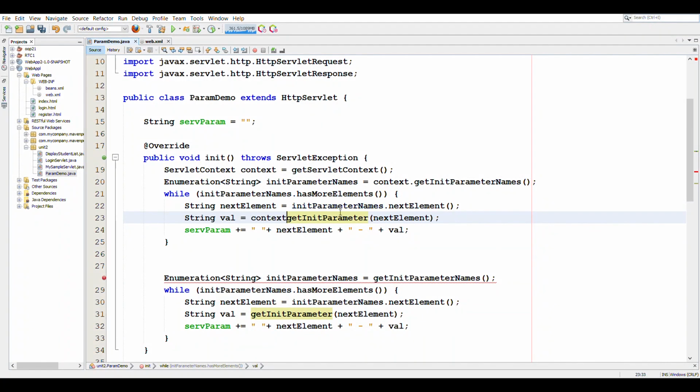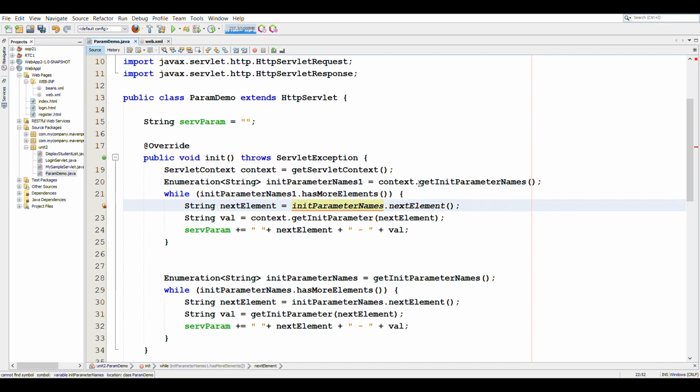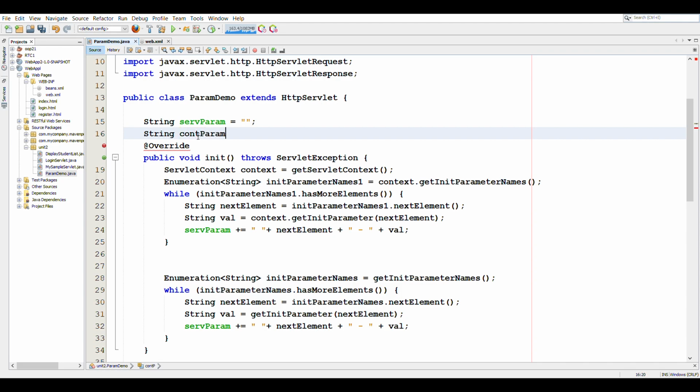Similarly, to call getInitParameter, we will use the context object. And let's call this names1. We will also create a string contextParam to store the values and the names.